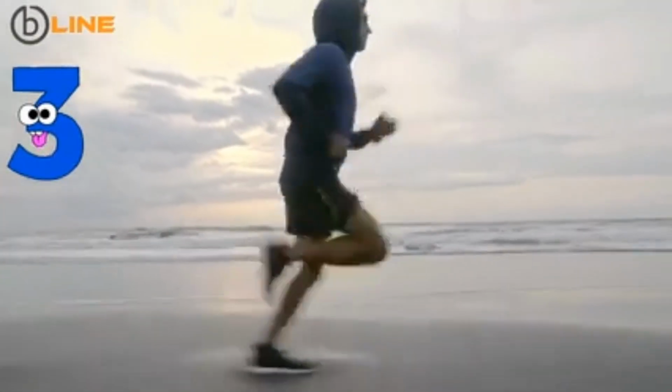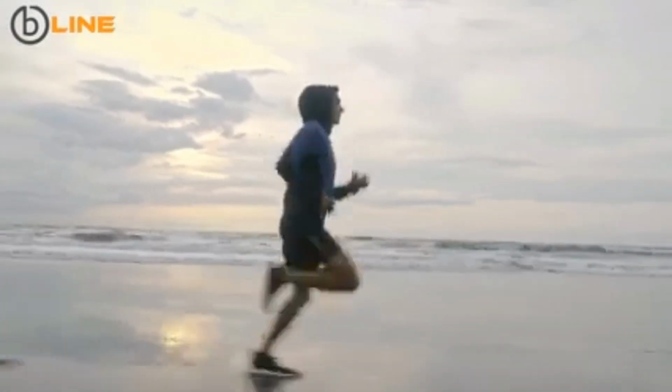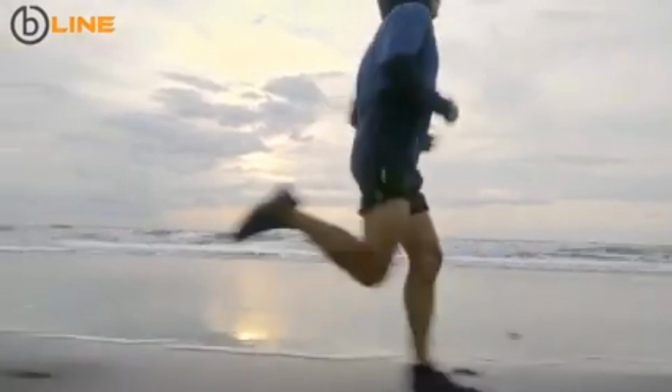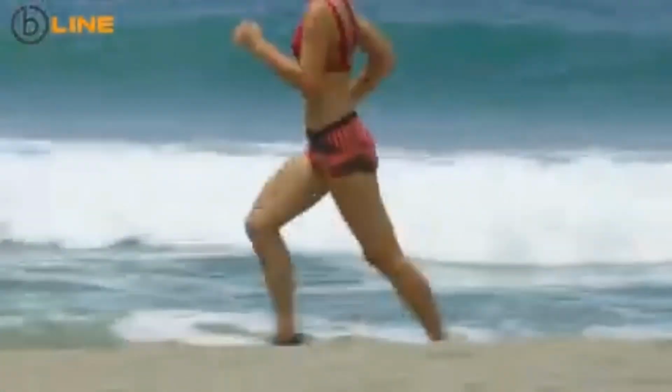3. Be active and get fresh air. Jogging or walking first thing in the morning will refresh your senses. It helps deliver oxygen to your brain and your sleepy muscles and jumpstarts your metabolism. By the time you eat your first meal, you'll burn more calories faster, so put on your running shoes and